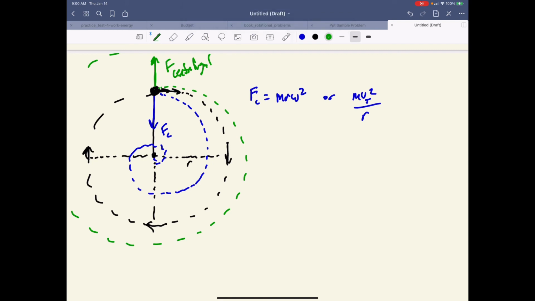So the fact that this ball on a string is not accelerating radially inward, like the blue line, and the fact that it's not accelerating radially outward,